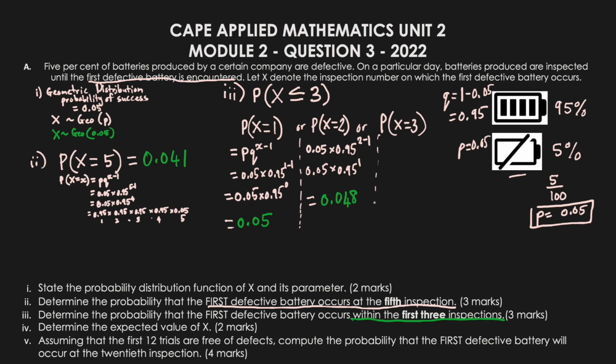So the last one that we have to do now is on the third inspection. So we're going to have 0.05 times 0.95 to the power of 3 take away 1. So we'll end up with 0.05 times 0.95 to the power of 2. So this is going to be equal now to 0.045. Now to get our final answer for this question, we need to add up all these possibilities to get our final answer. So we'll get